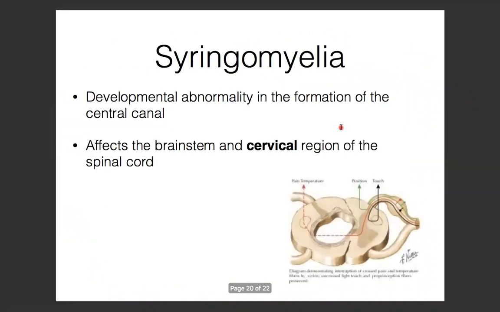طيب. Next عندنا disease ثاني اسمه syringomyelia. It's very annoying. I hate it. Syringomyelia, basically what happens is that it's a developmental abnormality. So it's an embryological problem where the central canal of the spinal cord is dilated. يعني the central canal of the spinal cord starts to get dilated enough that it's damaging